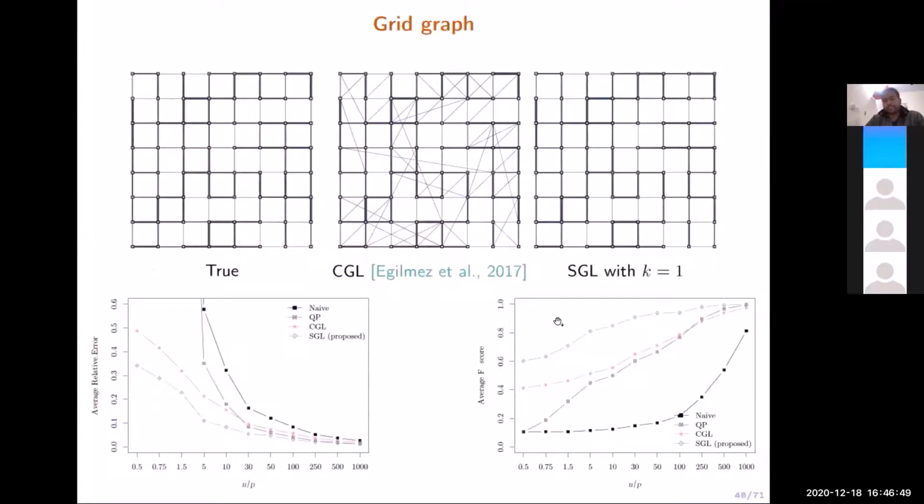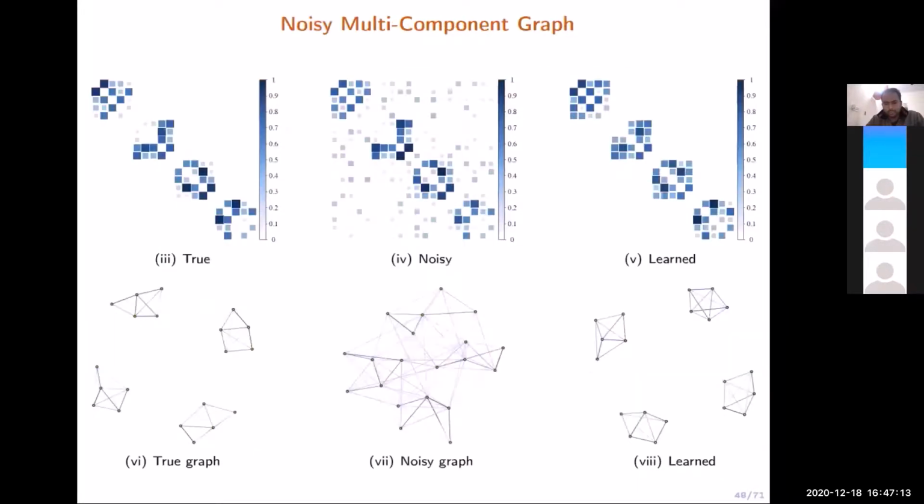So there are a few experiments here that we have performed with this graph. In all the cases, this is a true graph, and based on this true graph, we have generated data. We have applied the existing state of the art, and this is the proposed method. With that, we have a performance of many-fold improvement with the proposed method. So these are the results that validate what we have performed there.